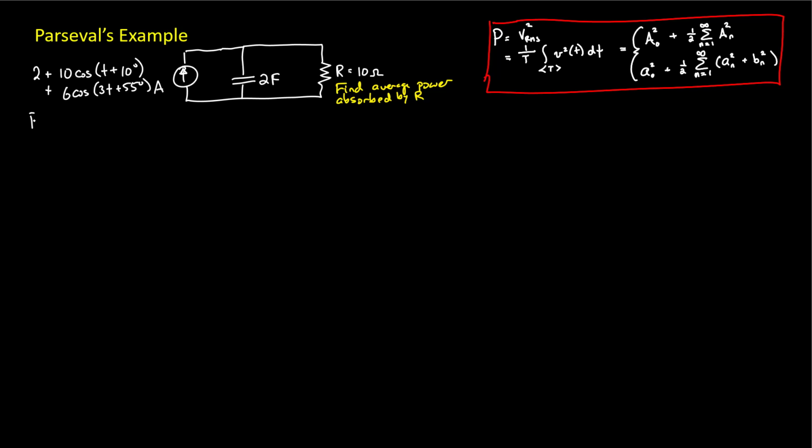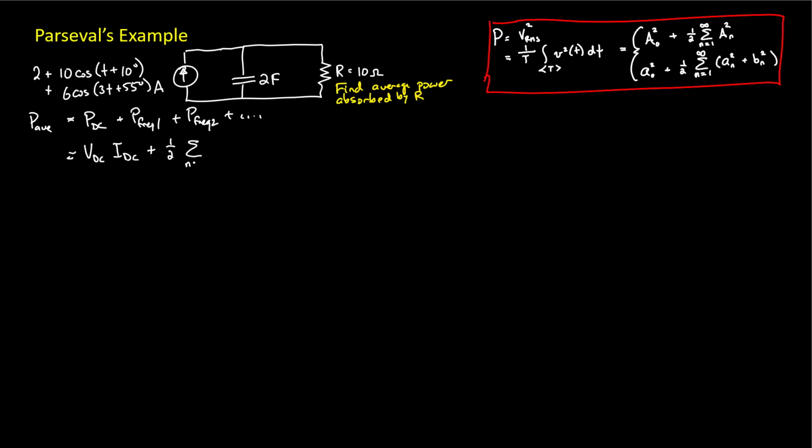So we start off with saying what Parseval's theorem says in words, that the average power dissipated by that resistor is equal to the power dissipated by that resistor at DC plus the power dissipated by it at the first frequency plus the power dissipated by it at the second frequency, and so on and so on. And for this circuit, that's going to be the DC component, the voltage across and the current through that resistor at the DC value plus, according to this equation,